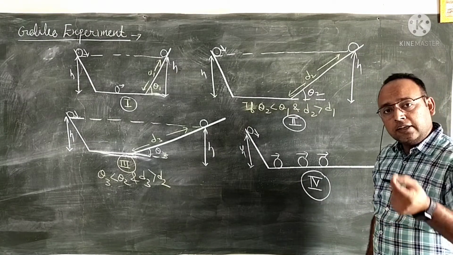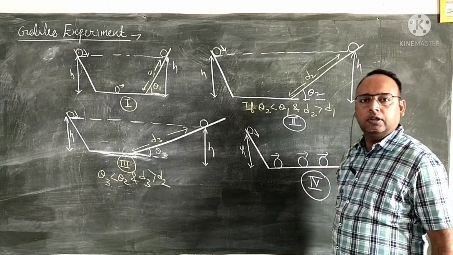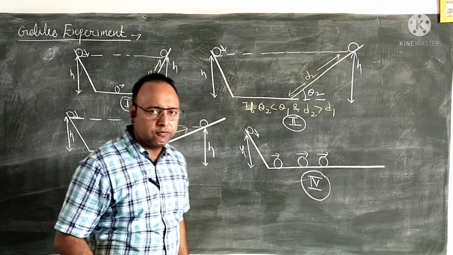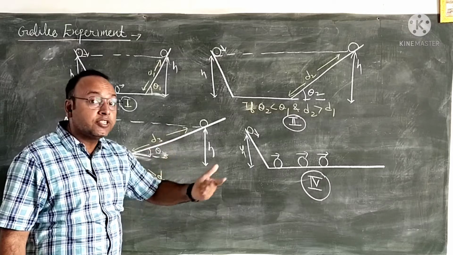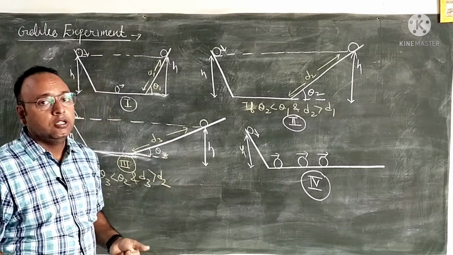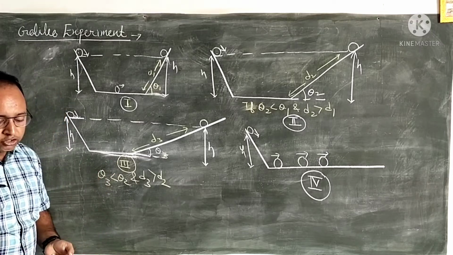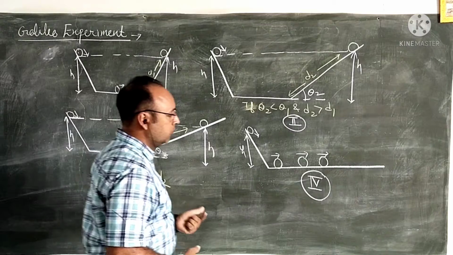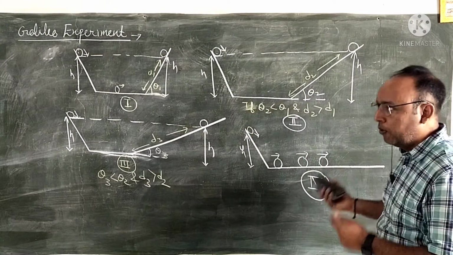So he said that force is required either to move a body or to stop a body. If you can reduce the friction from the surface, the ball will never come to rest, because there is no external force acting on that ball. This was the experiment performed by Galileo, which pushed Newton to formulate his first law of motion.